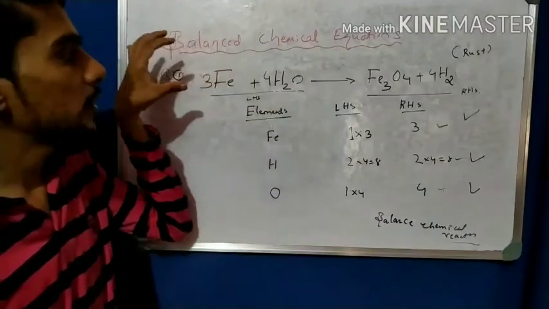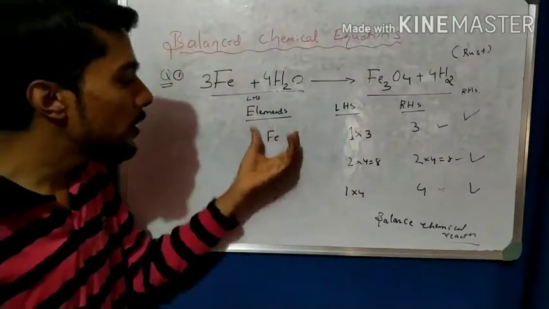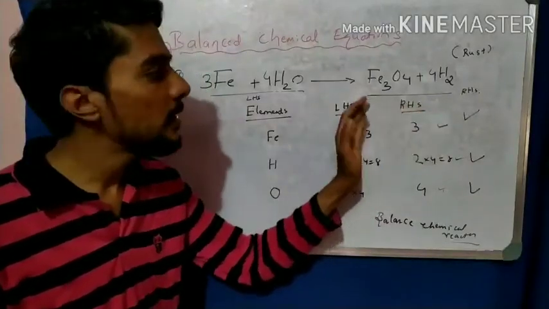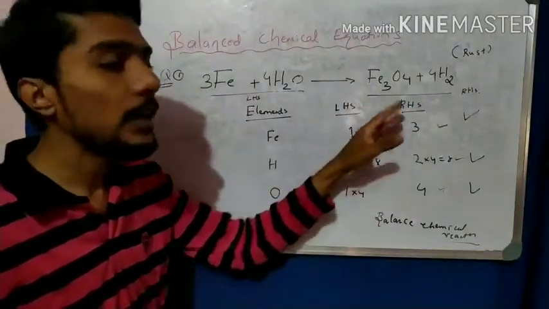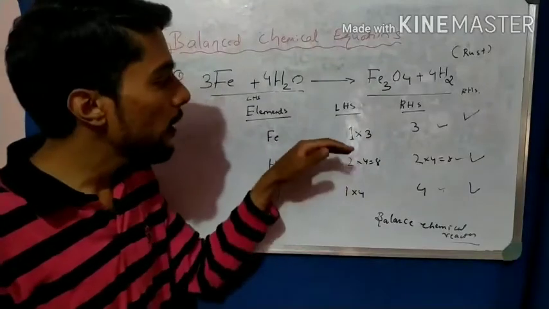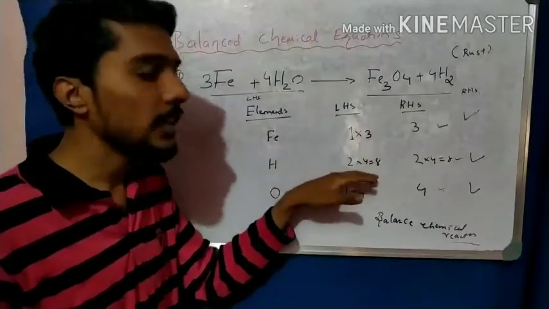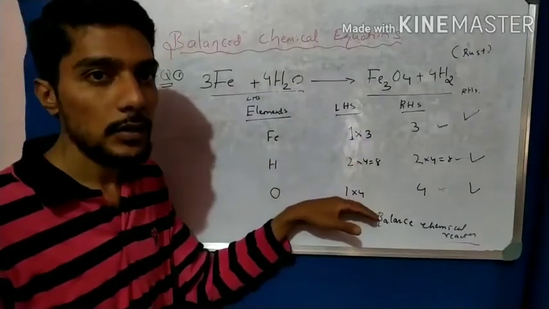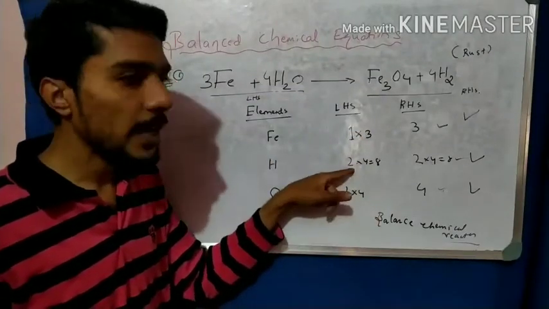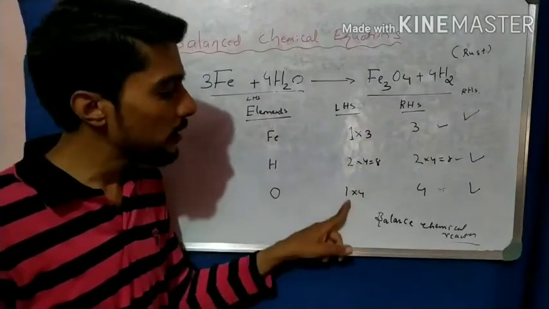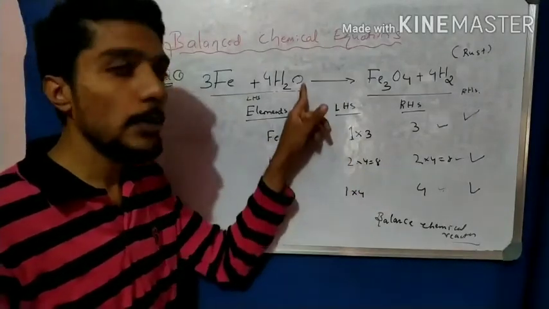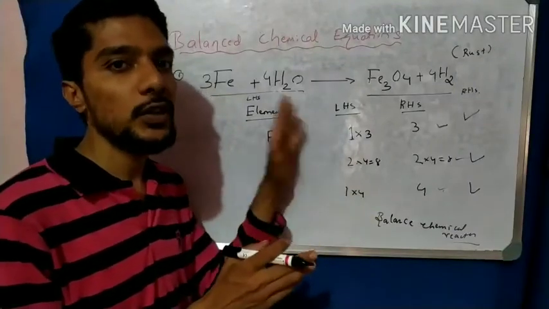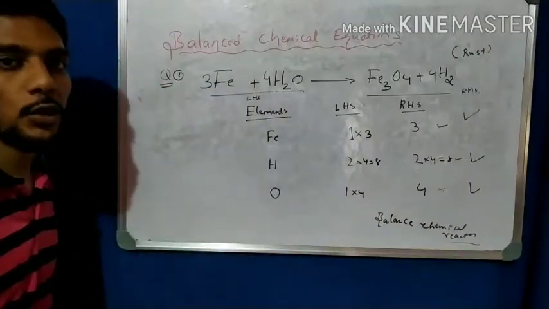So take the first reaction, then write the elements present in it, then write the LHS and RHS, then balance one by one from top to bottom by multiplying the numbers. When we balance one, then check the other ones. When you balance the second, again check the first one. When you balance the third, again check the previous ones, because sometimes it gets disturbed. So after balancing the next one, you have to again check the previous one. This is the one example.